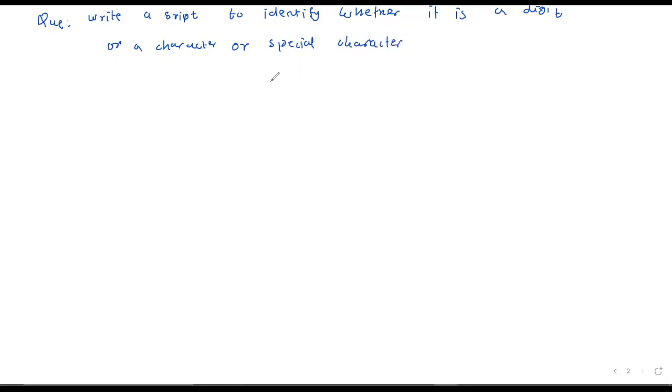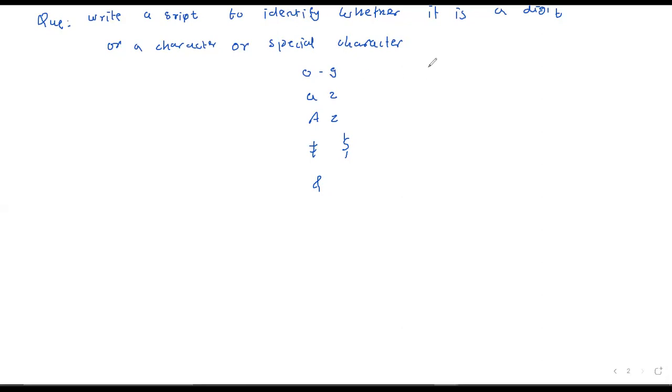So suppose we enter a digit from 0 to 9, and we enter any character from A to Z, either in small case or in capital case, and we want to identify this.